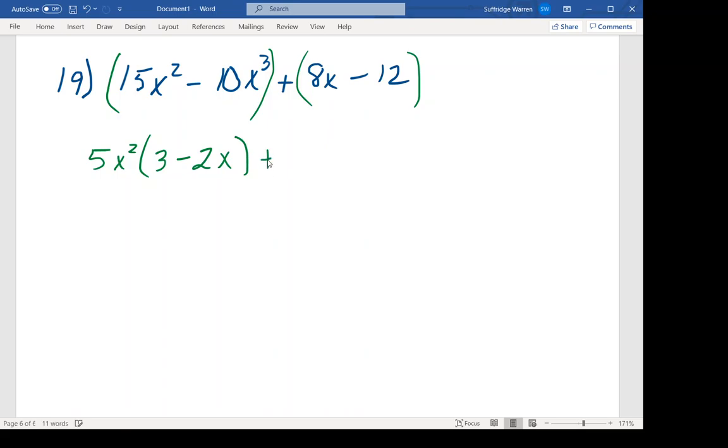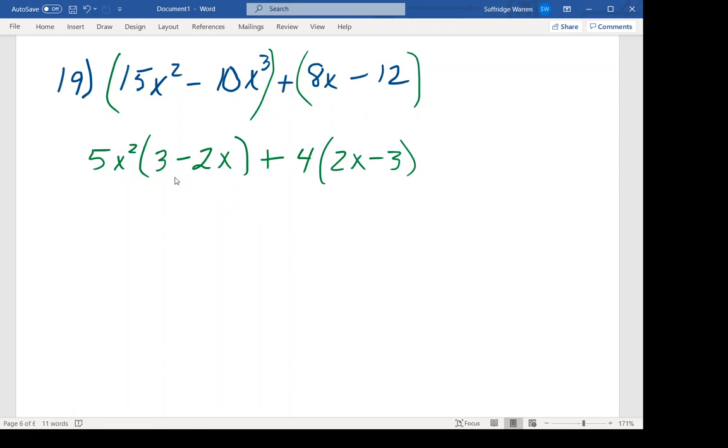And now we want to factor the second binomial. Well, looking at 8 and 12, the greatest common factor of those would be 4. There's no factor of x over here, so 4 is your GCF. 4 times 2x gives you 8x minus 4 times 3, which gives you 12. So now you have factored it into 2 separate